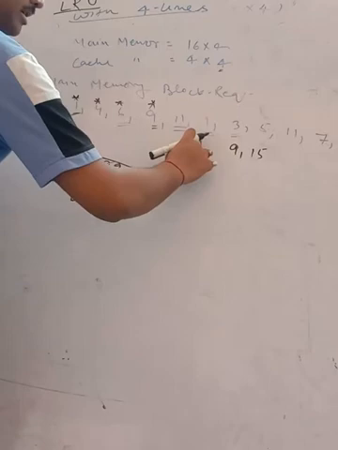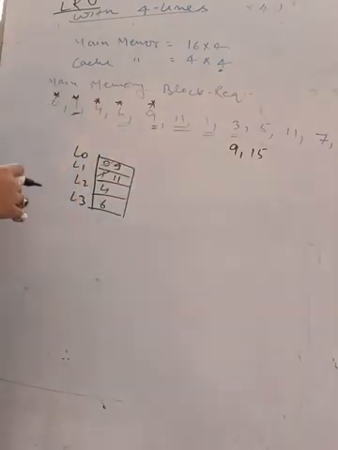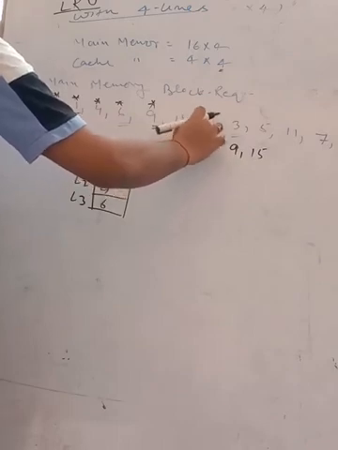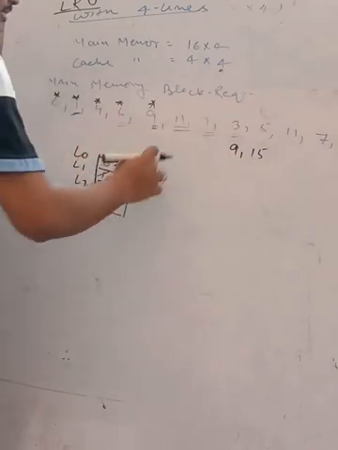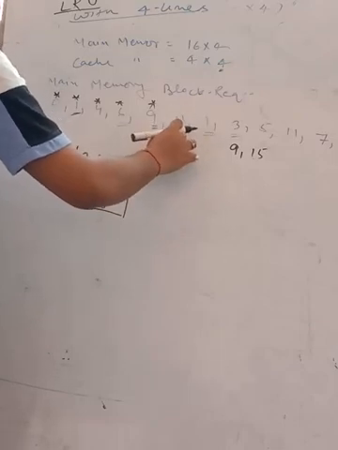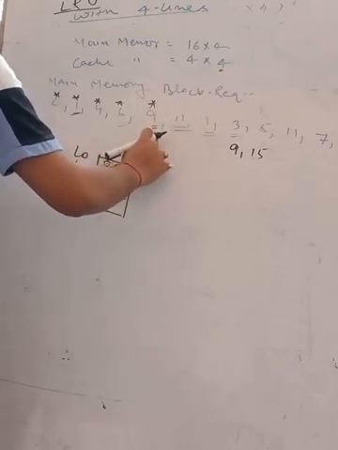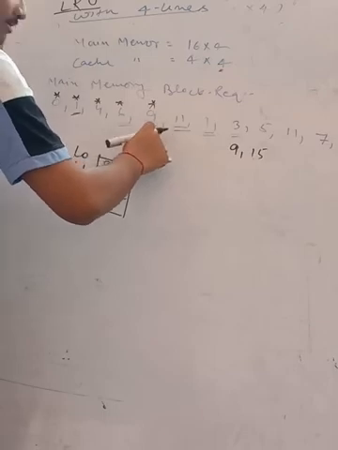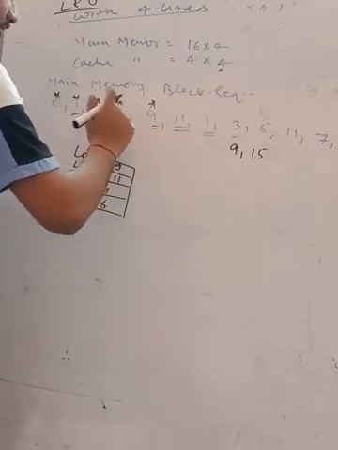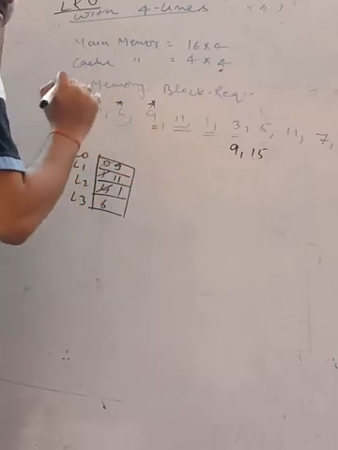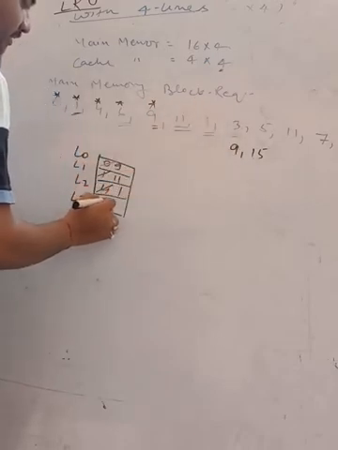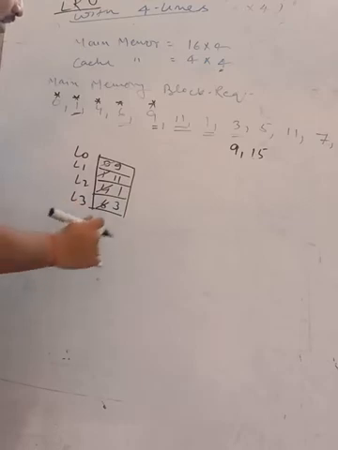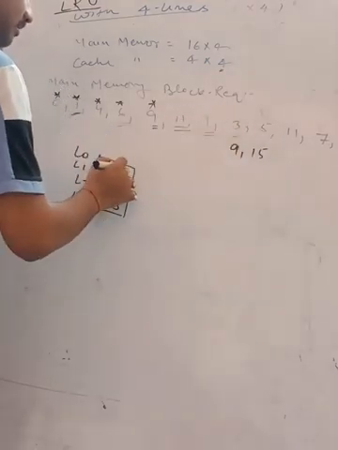When we talk about 1, 1 was already replaced, but which one should be replaced now? Which reference has the most distance from 1? From 1, 11 is nearest, 9 is near, 6 has some distance, but 4 has the most distance. When we talk about 3, similarly 6 will be replaced. Again we talk about 5, 9 will be replaced.